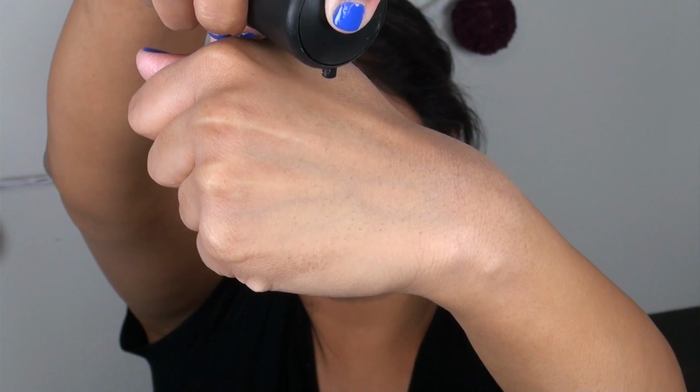In case you guys are wondering, the shade I wear in this Pro Longwear foundation is my shade across the MAC board for foundations pretty much. I wear an NC45. Now, I not only wanted to talk about the pros and cons about this foundation and basically just rave your ear off, but I also wanted to show you guys a demo on how I use this foundation. So I first shake up the bottle really, really well,